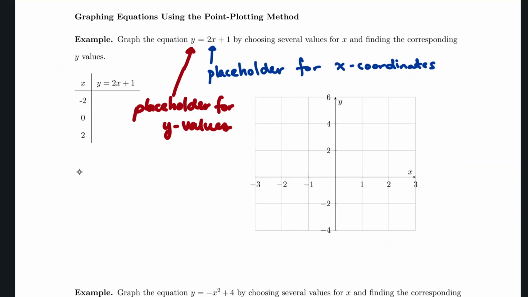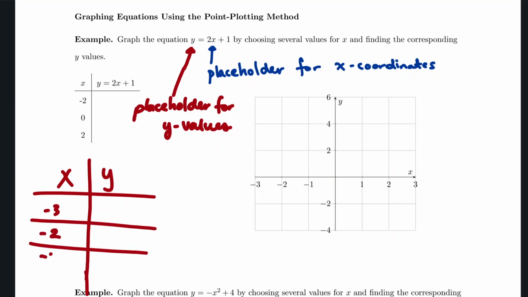You would get started by drawing your table. I'd say x and y and draw a nice long table. And then we pick nice values of x. Since we can choose, let's put in things like 1, 2, 3, 0, -1, -2. I'm not going to put in 1.25 as an x value because even though that would work in the equation, it's not going to give me a nice, usually integer answer as a result. So I like to pick a little bit of the negative values of x and a little bit of the positive values, usually picking 0. So let's start with -3, -2, -1, 0, 1,